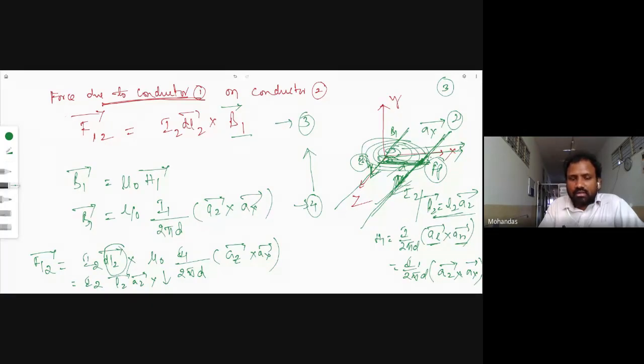Some of the students may not follow these things because it is somewhat confusing. Imagination and all those things are involved in this case. So after completion of this class, after taking the screenshot of every sheet, you have to prepare your notes. Then only you can produce these things in the examination. It is your responsibility, your duty to write the notes. And who is going to write the examination?